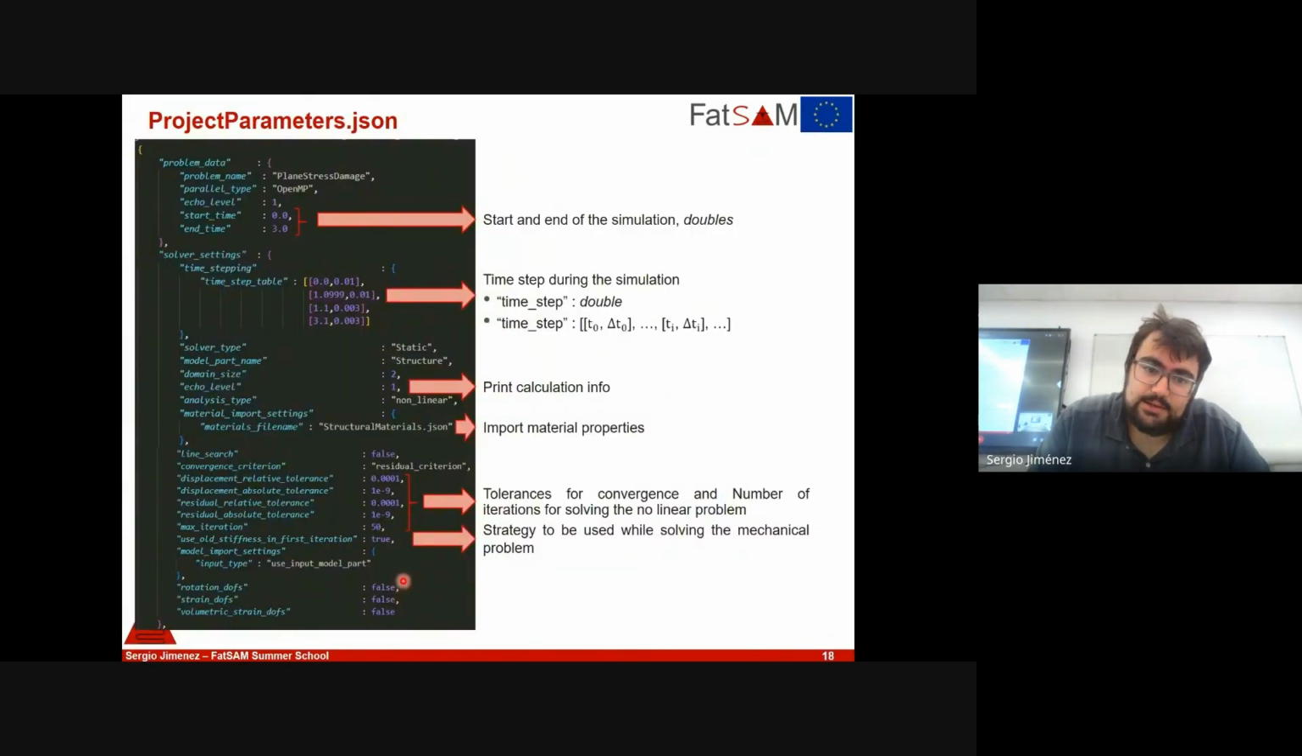And this is the analysis of a project parameter JSON when using the isotropic damage model. Okay, what's here? And this is a pretty in-depth analysis of the information, the data that you will find inside this project parameter JSON. You can identify the starting and the end time for the simulation, which are doubles. Okay, the time step